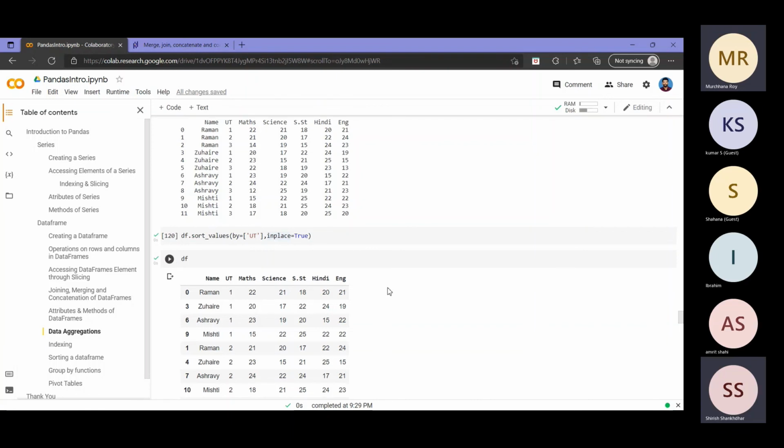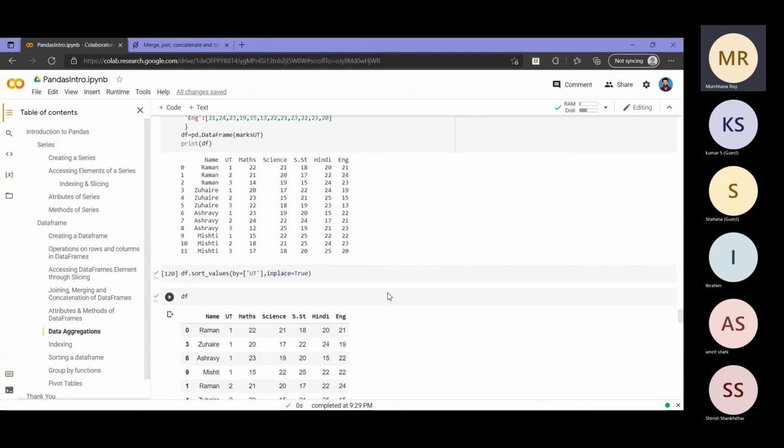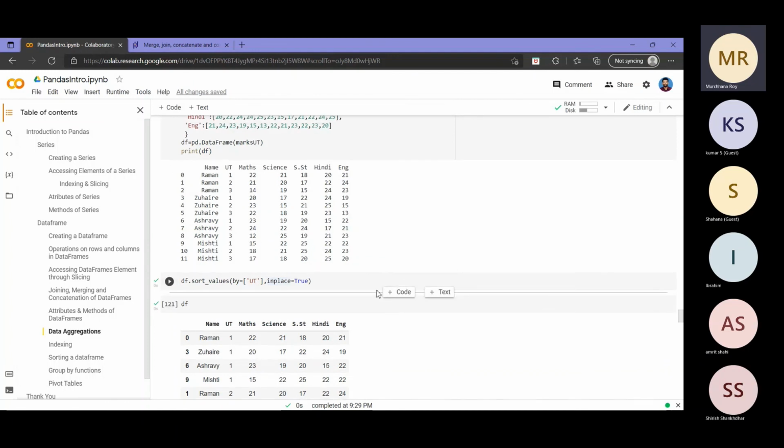I have one more doubt. You have written in place equals to true. Is it that whenever we use in place, we have to write true? Can it sometimes be false? That is actually a default. When we learned functions, we saw default arguments. The default value of in place is false.